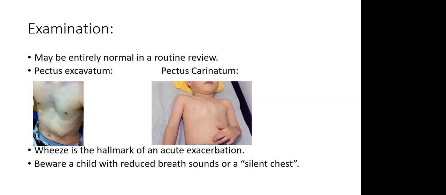And what's happened is the child has had so many wheezy attacks that they keep becoming unwell, and eventually the lungs, as you said earlier, become hyperexpanded. So they become in that chronic hyperexpanded state. If you see that, it's a sign really that the child's asthma is not very well controlled. So that's when we need to be intervening. Other thing to say, wheeze is really the hallmark of an acute exacerbation. So if you're hearing wheeze, immediately in your mind you should be thinking of asthma.